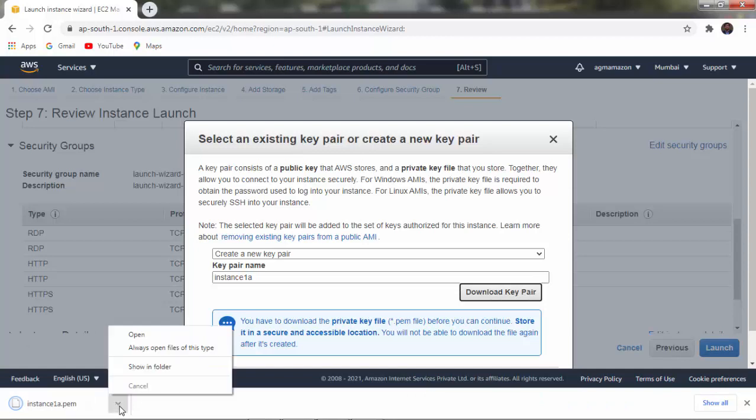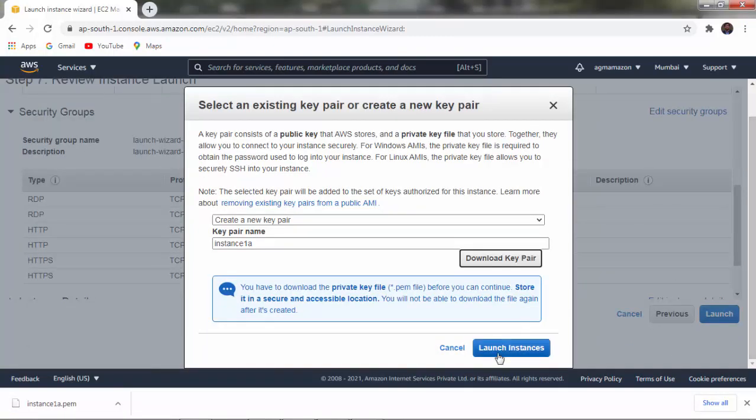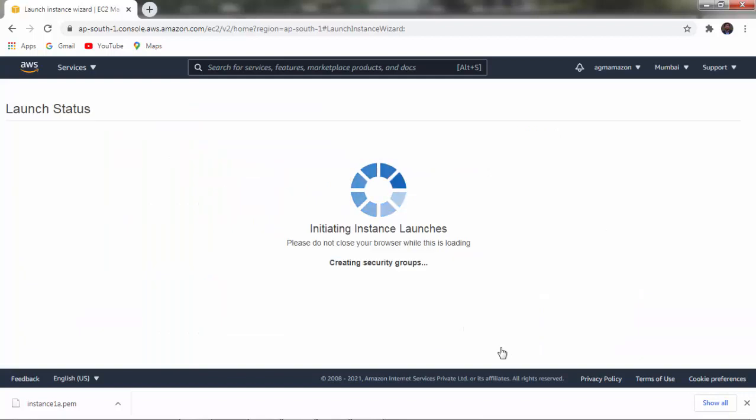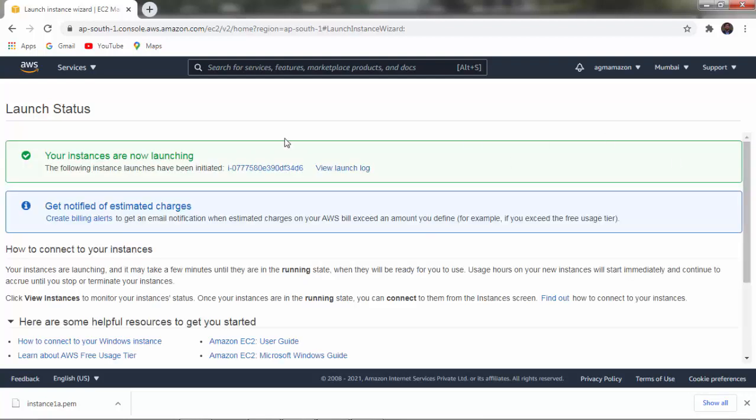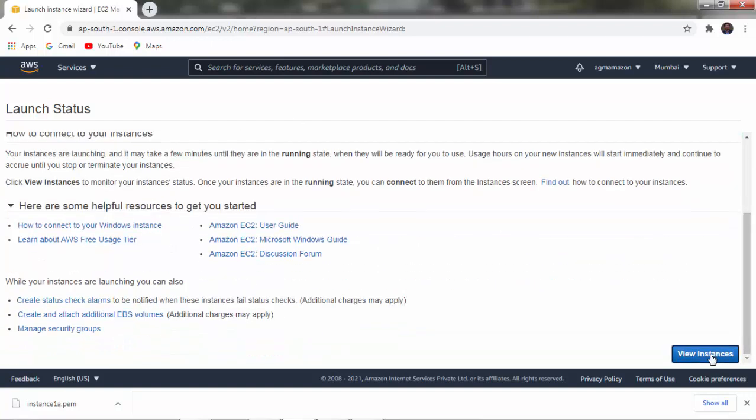You have to save this key pair anywhere. Then you have to click on launch instances. Now here you can read your instances are now launching. You have to just scroll down and click on view instances.